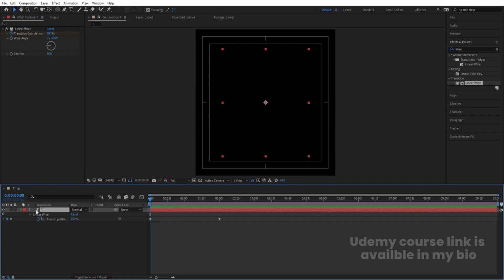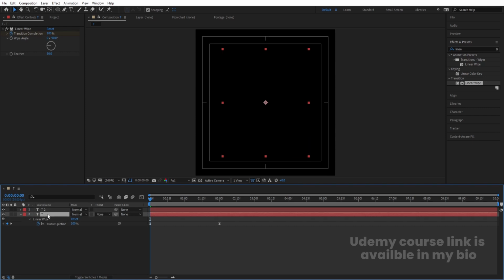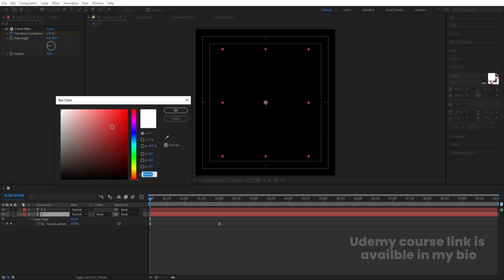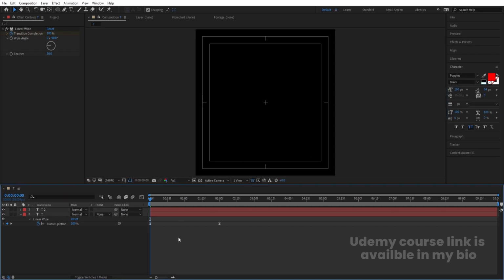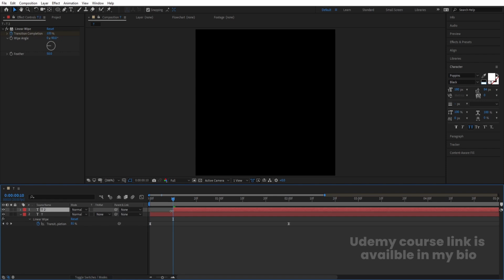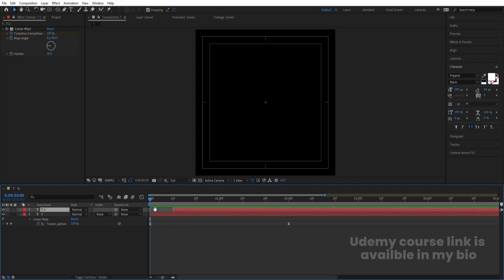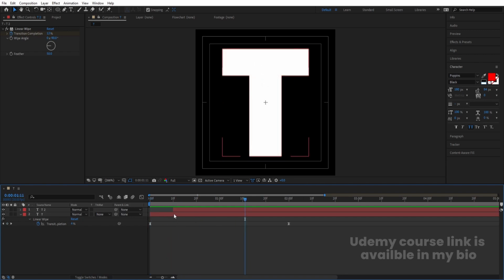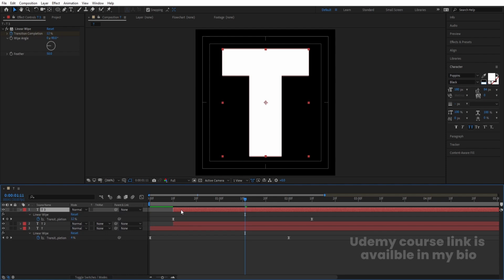Now select this layer and hit Ctrl D. Select this second layer over here, go to the character menu and change the color of this layer to red. Okay, zoom in a little bit, take a distance of 10 frames and select this T and move this over here like this, so you will get this kind of transition. Now select this uppermost layer and hit Ctrl D, hit U, go to the last one and let's delete this